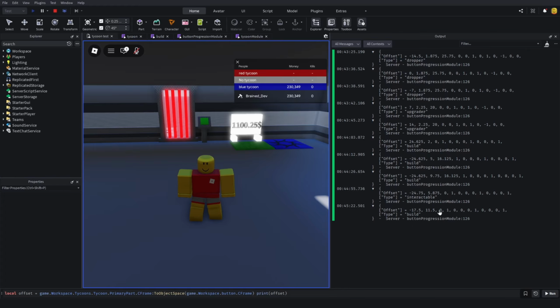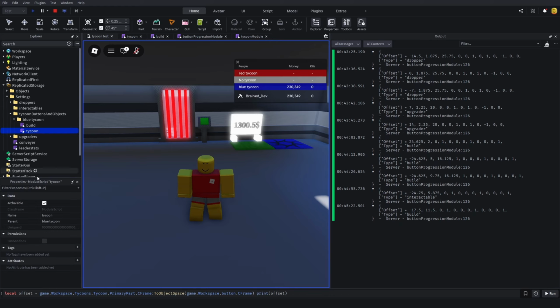This is an interactable, just door. We have builds, and we have upgrades and droppers. Upgrades and droppers take part of the tycoon route, which is here, tycoon route, and build and interactable take part of the build route. And so I'm going to show you